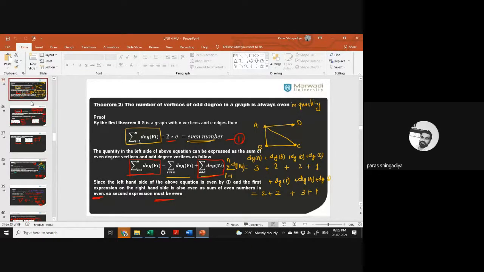Clear? Our aim is for you to identify the answer of this part. This is our subject. ठीक है, इसको सब्जेक्ट बनाना है. इसकी वैल्यू आपके पास है. ठीक है, ये आपको फाइंड करना है. What is the answer of this part? That is equal to 2 times of e. ठीक है, that is already given in equation 1. That is equal to an even number.